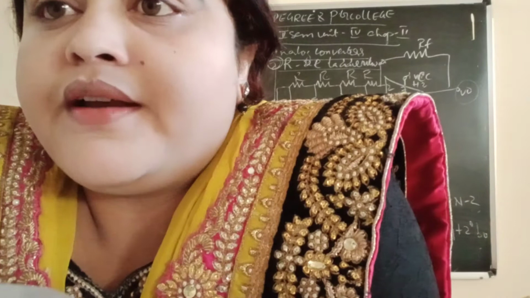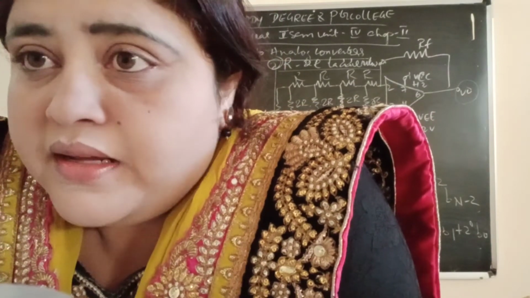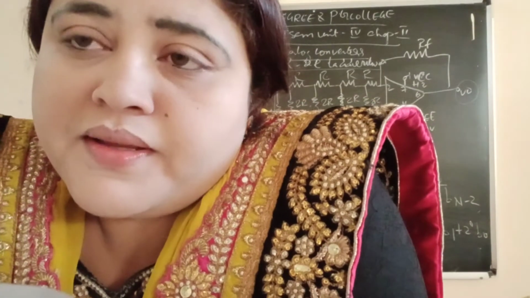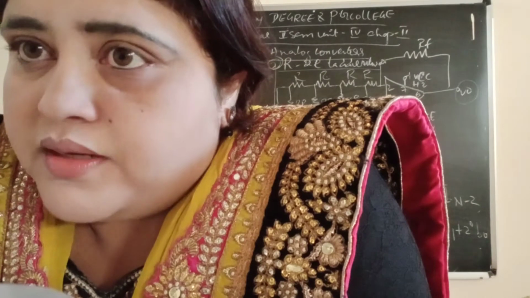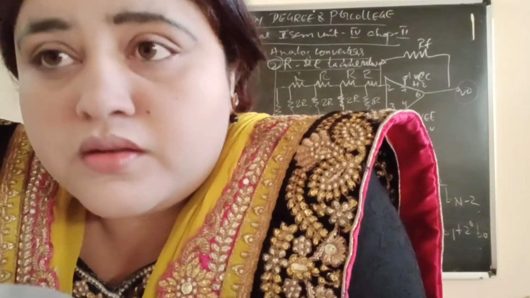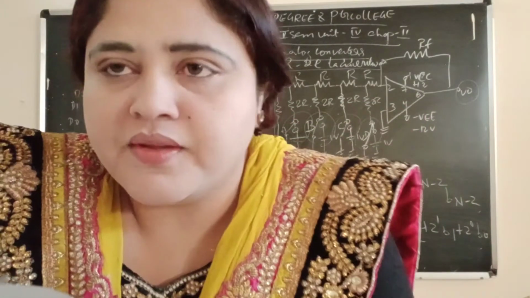Then we went for the next type, multiplying, which is a combination of variable input and reference input, both multiplying. Multiplying type has how many methods? 2 methods, now in your syllabus: binary weighted and R2R ladder network method. Binary weighted means we simply draw the op-amp diagram. I am not giving you more stress because you have already learned about op-amp in your 4th semester. If you don't remember, open the 4th sem book and revise once.